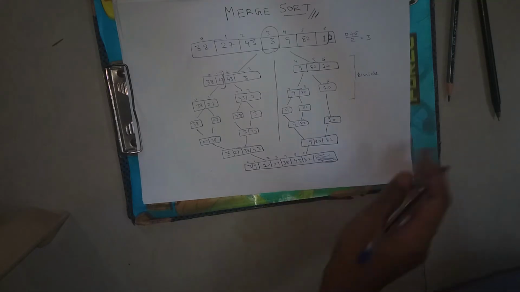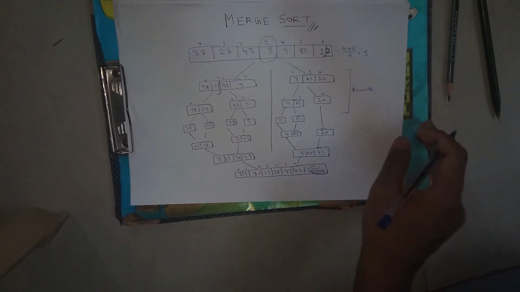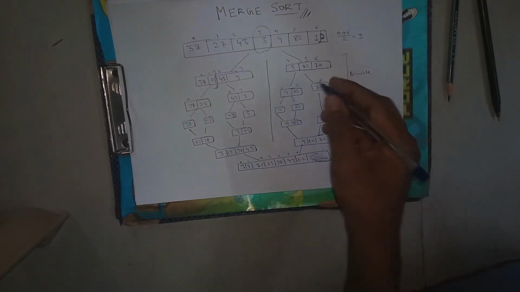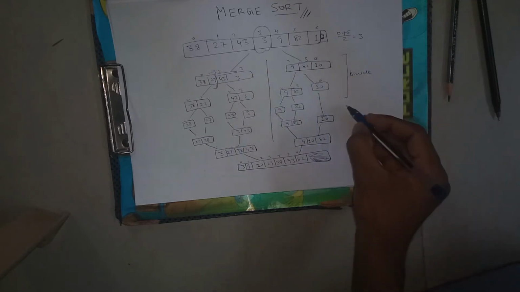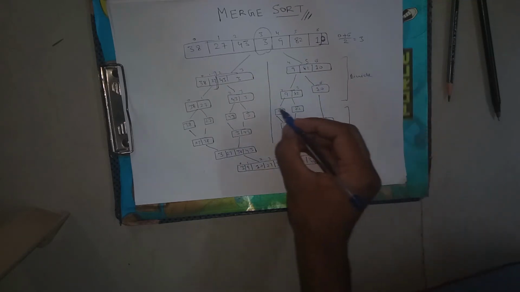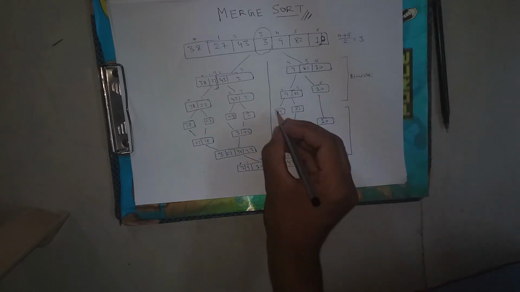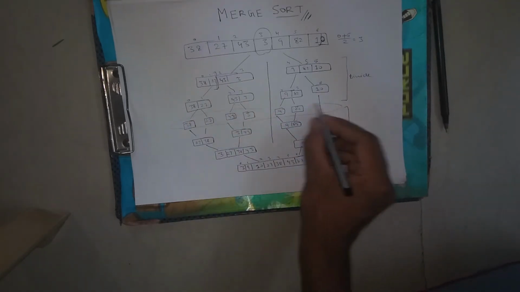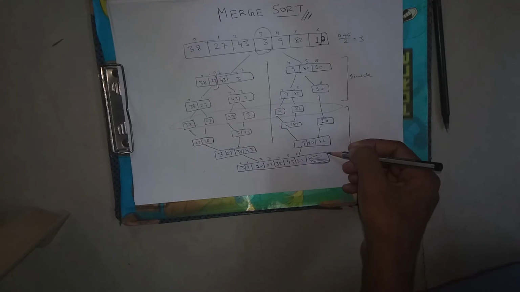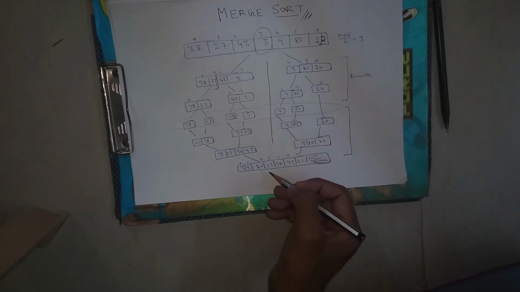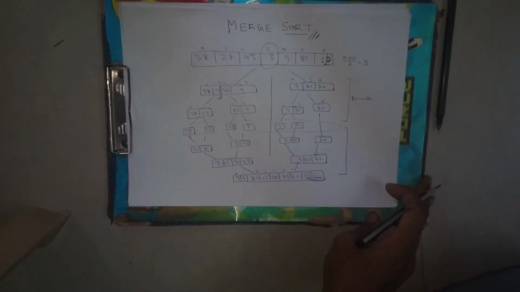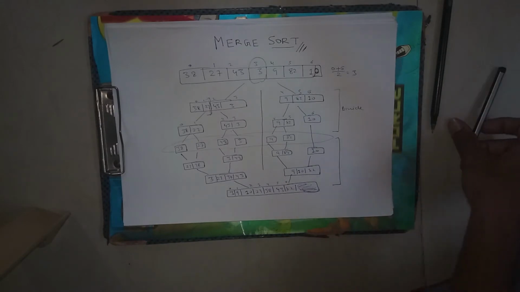So this is our sorted order, and now I will tell you the algorithm, how we have to do this. First we are dividing the whole array into sublists. These all are sublists. And then we are combining them to get our array in sorted order. So now let's come to the programming part, how we have to do this.